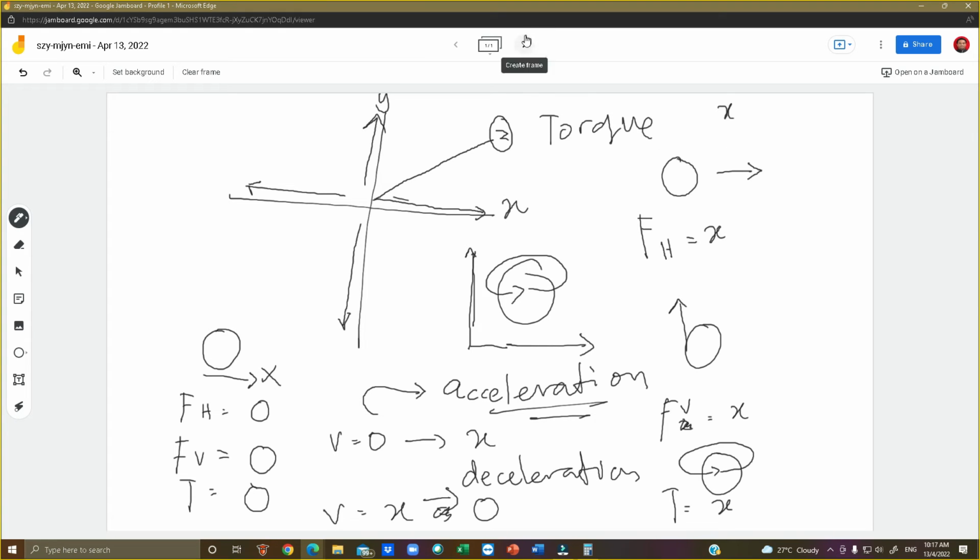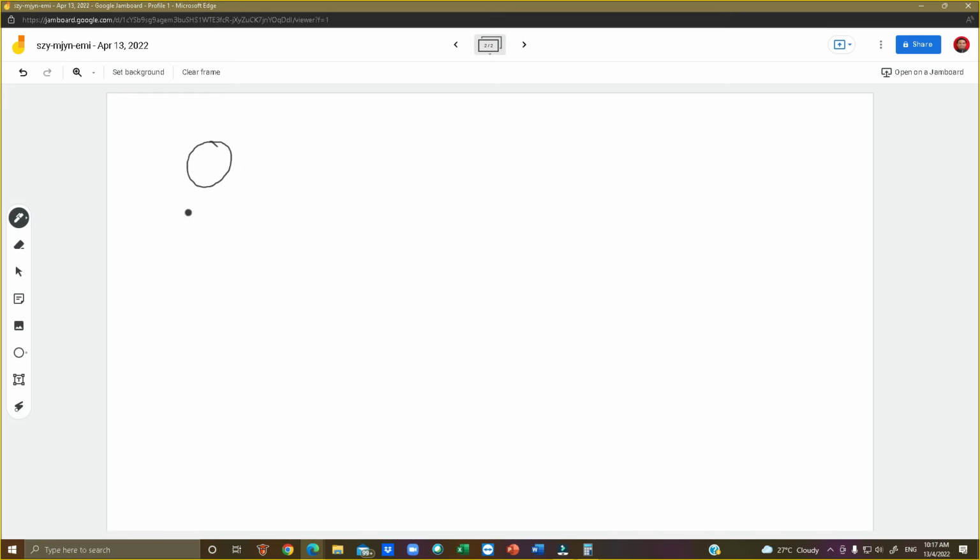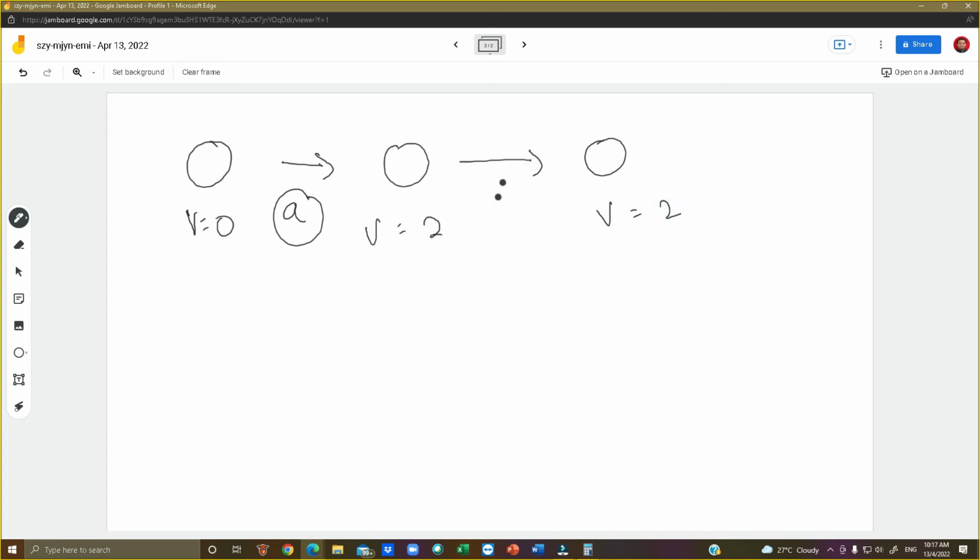Okay, and then if an object, let's say dia daripada kosong, katalah V equals to kosong, ni kita recap balik, it goes V equals to 2, meaning there is acceleration here, and from 2, it remains 2, meaning there is no acceleration here because the velocity does not change from B to C. From A to B, ada change. Katalah daripada 2 ni, kat D pula, it becomes 4, meaning there is acceleration.